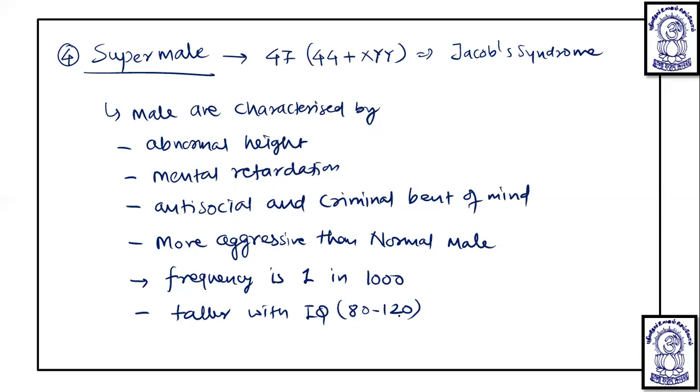So these are all the chromosomal disorders. Now, after discussion of the chromosomal disorders, which are not inherited, we are going to move next to the Mendelian disorders, that is the second type of